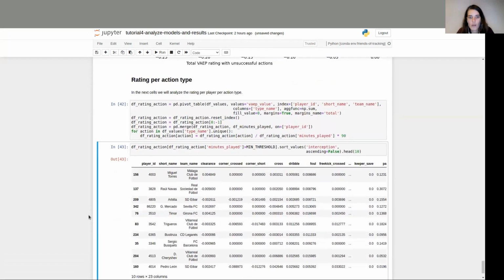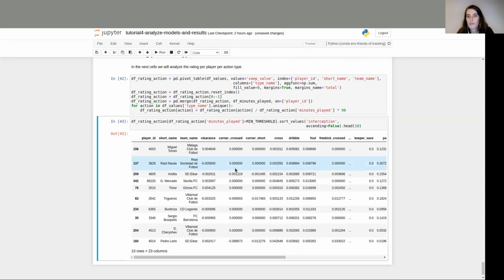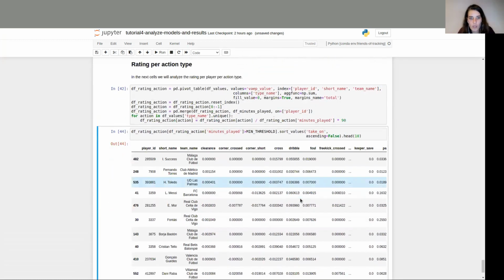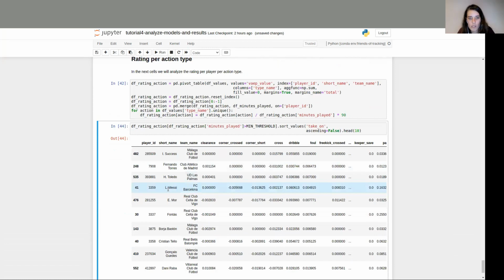For example, over here we look at the rating for interceptions, normalized per minutes played. We see, for example, Sergio Busquets with a high rating for interceptions. But we can also take a look at the others, for example, and there we see other players popping up: Fernando Torres, Lionel Messi,